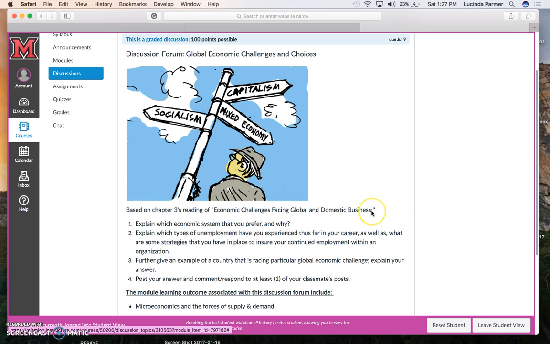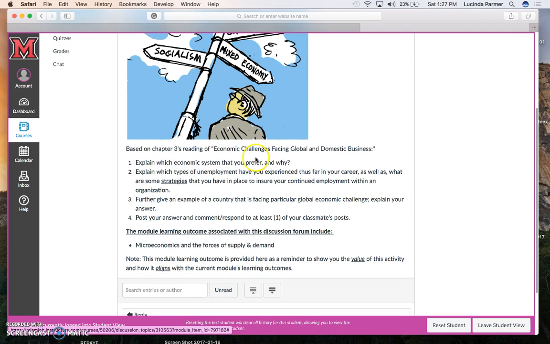So you want to answer the questions here. And there are some things in there about your career and things that you've experienced to date. I do infuse career elements into the course because I feel like that's very important. You are in college to better yourself, meaning to get an education so you can be more qualified to apply for certain jobs that pay more money, that will give you a quality of living and a quality of life that you would rather have.